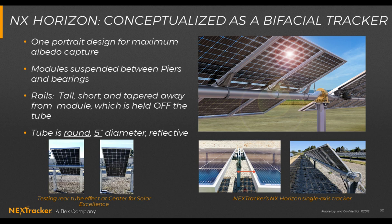There's been some really good ray tracing and other tools. Venkata will go a little bit deeper. You don't want the tall rails that we had done back when I was at Powerlight, as we put out at NELLIS, because that shaded the edge cells in the module. And we specifically chose a round reflective tube, which provides additional benefits for bifacial we'll speak to in the seminar